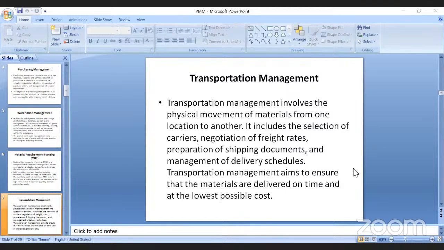Just one doubt here. Is transportation management only limited to transportation of raw material, or can it also include transporting finished goods as well? No, it is not limited. In transportation management, we are not confining it to only transporting raw materials. Finished goods as well, right? Yes, transportation management, you can say anything, from source to destination. This is the transportation management.